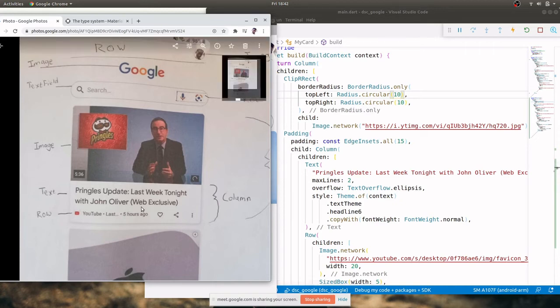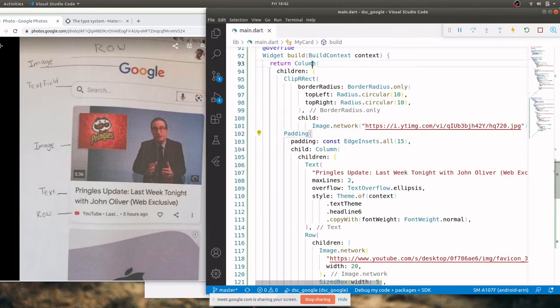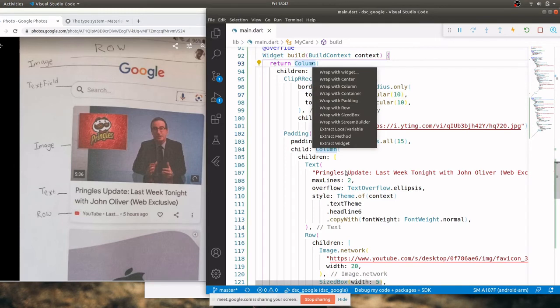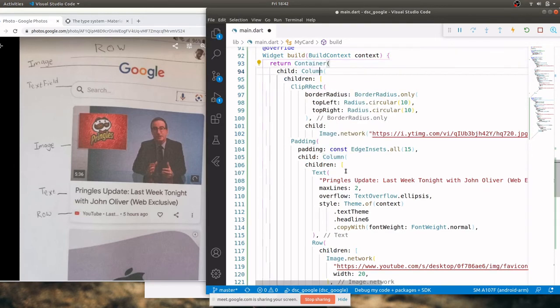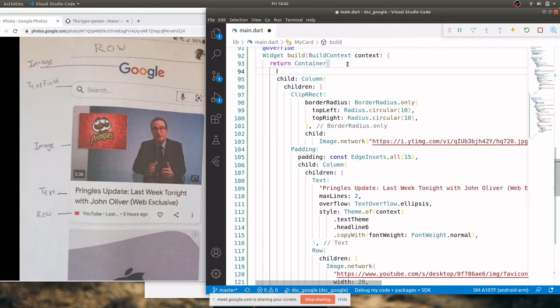Okay, right, and you can give it a shadow on the sides you will specify. So in this case we'll give it a shadow on this side, and also you can give it a color. Doesn't matter, but let's just go ahead and wrap our column, which is essentially the entire card, in a container. Now container gets something called a decoration, which is essentially just a box decoration,